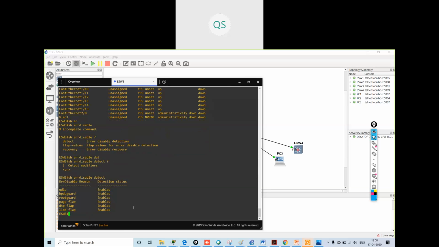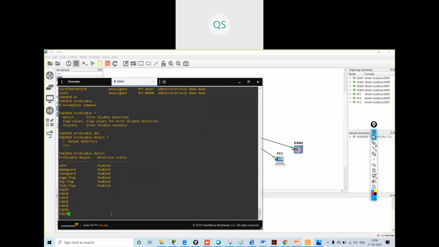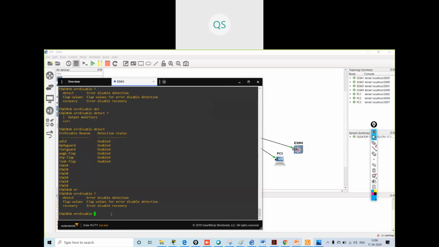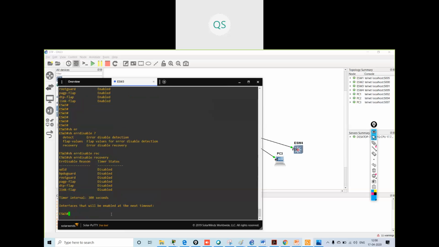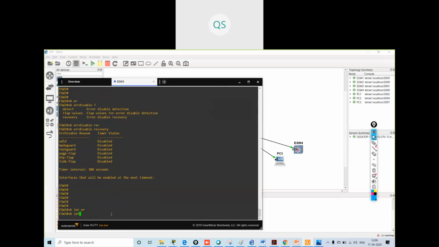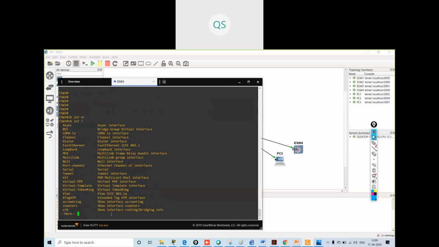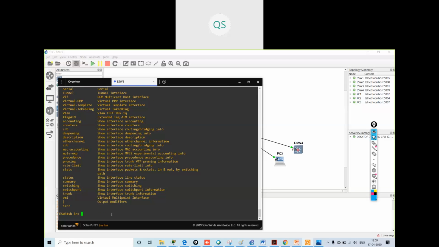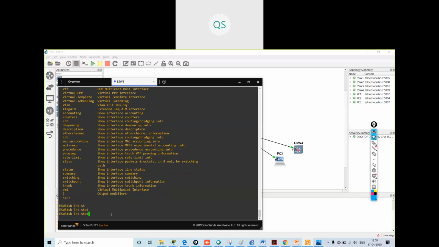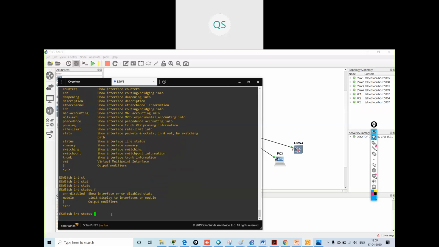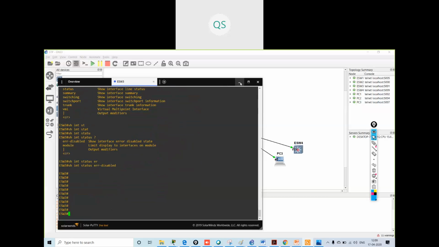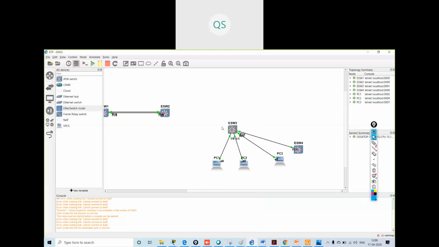They all are enabled. Show interface status. Errdisabled. So no interface is errdisabled. It is a multilayer switch, so it is not giving me the option.